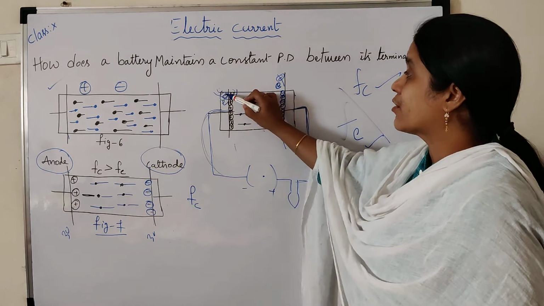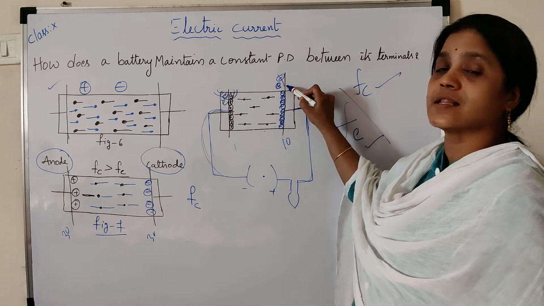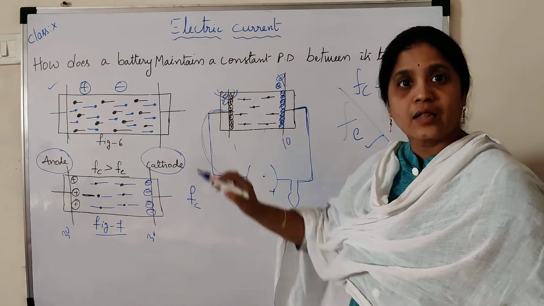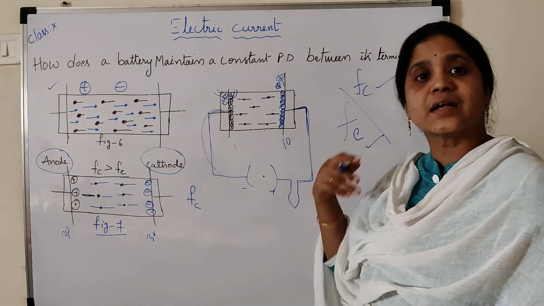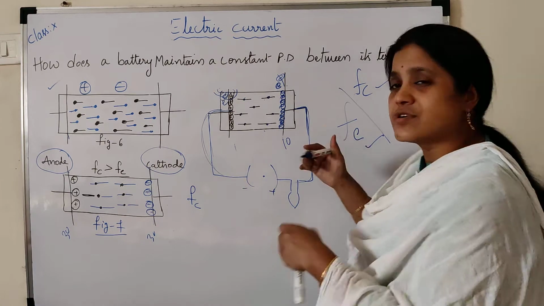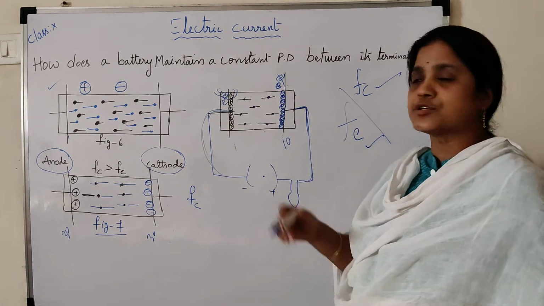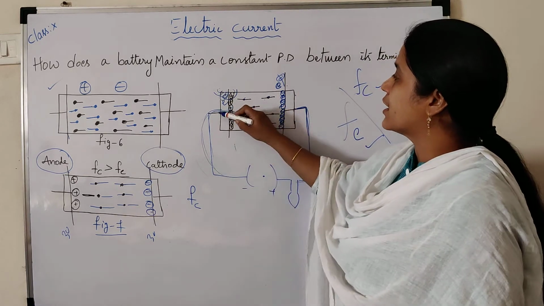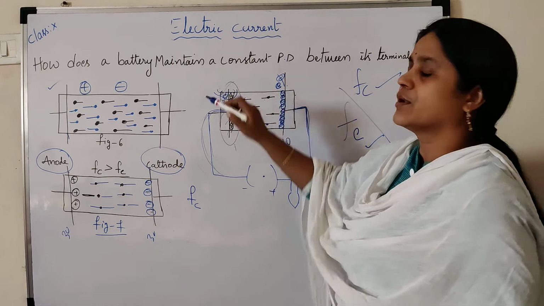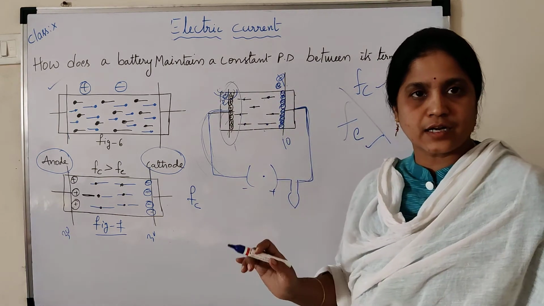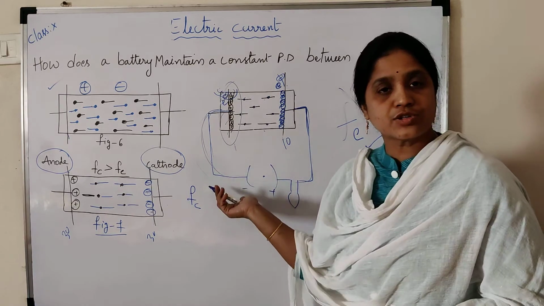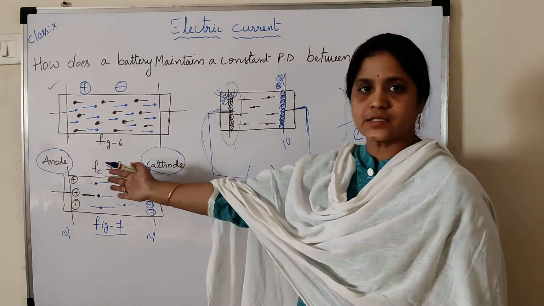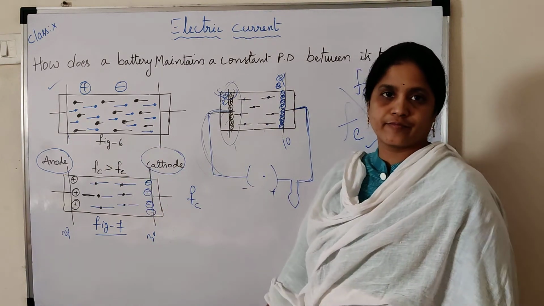Due to that, the electron is not sent to the other end, because the electrolyte that was filled is used up, meaning it doesn't contain any ions, so that force is not acting on the electrons. Due to that, the electron is not sent to the other side. So all the electrons are coming and attracted here, and the battery does not work. In this condition, you can say that the battery is discharged or not working. These are the batteries we use in our daily life.